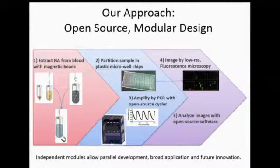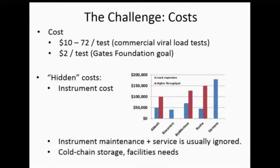So our approach is actually quite different from what has been done in the past. What is primarily being done at present is there are efforts to take the FDA-approved tests that are used in the US and to deliver them throughout the world. However, those instruments and technologies were developed with the goal of making money for the manufacturers, in part, and so there are lots of costs built into the equipment and the process itself, in terms of intellectual property and additional costs that need not be there. Looking at these equipment costs, these $50,000 instruments are usually made up of a few hundred dollars' worth of components. All the rest is